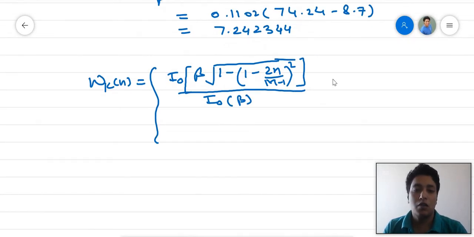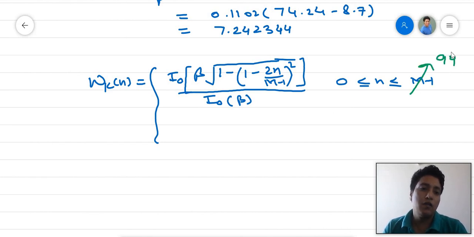This will go from n equals 0 up to m minus 1. In this case, m minus 1 is 94, and 0 elsewhere,